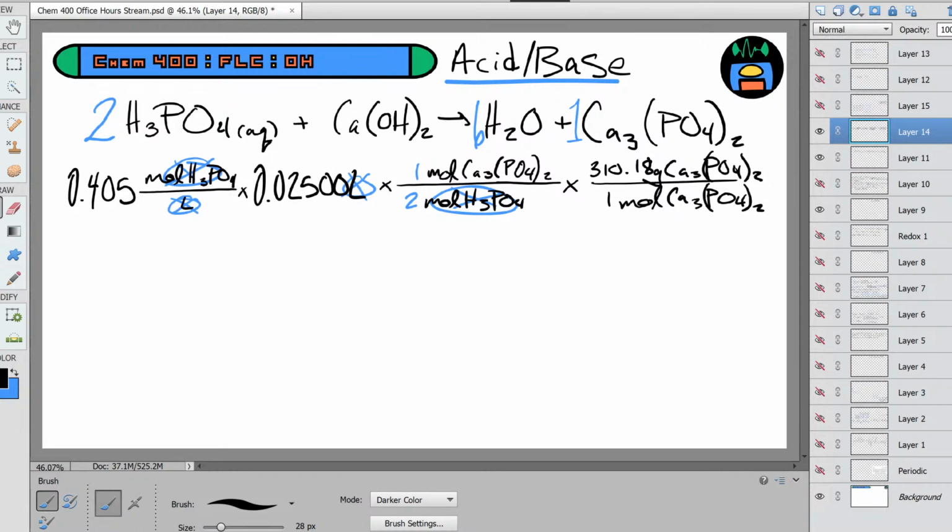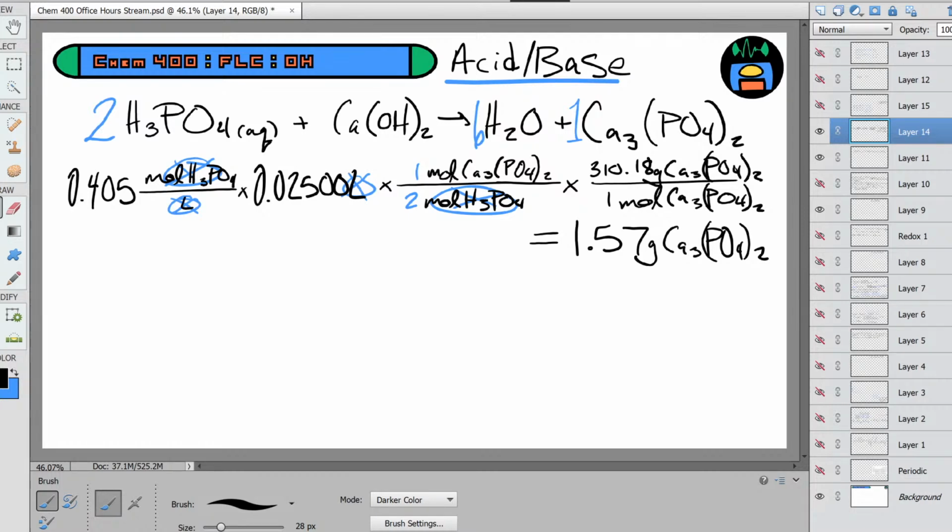There we go. Okay, so let's crunch these numbers. We've got 0.405 times 0.025 divided by 2 times 310.18, and 0.405, so 1.57 grams. All right, this might be our theoretical yield,